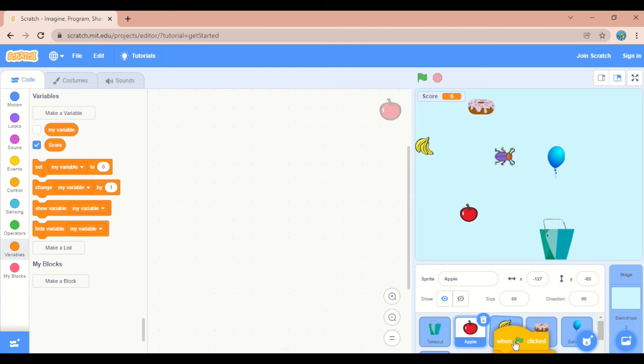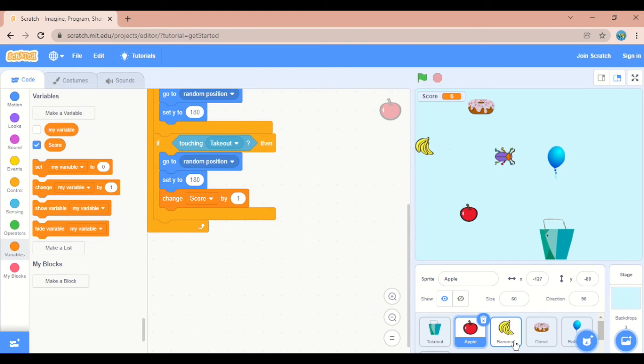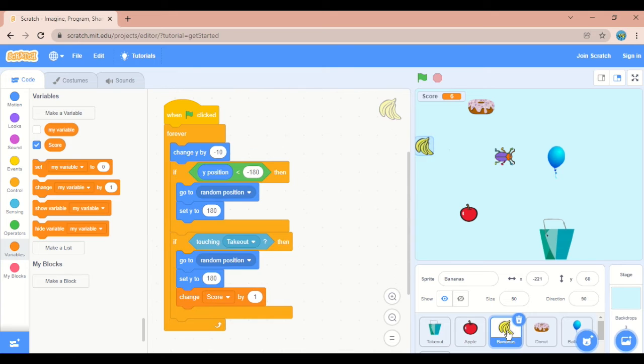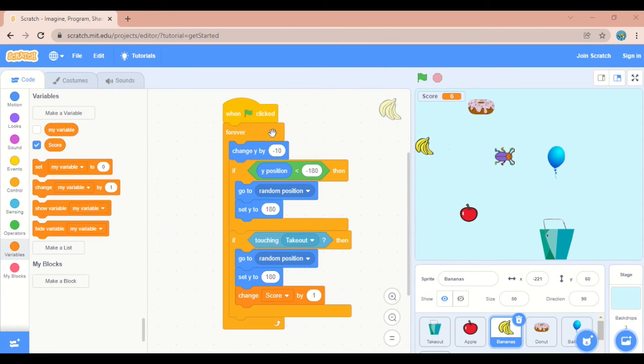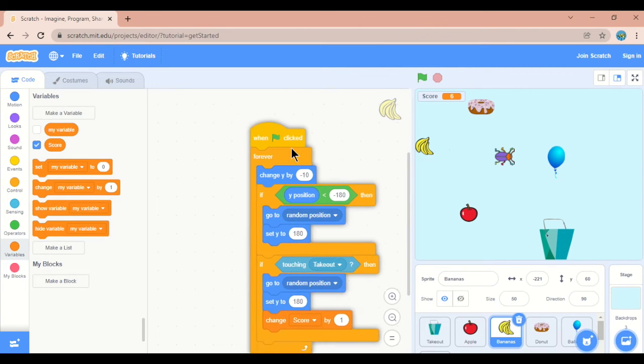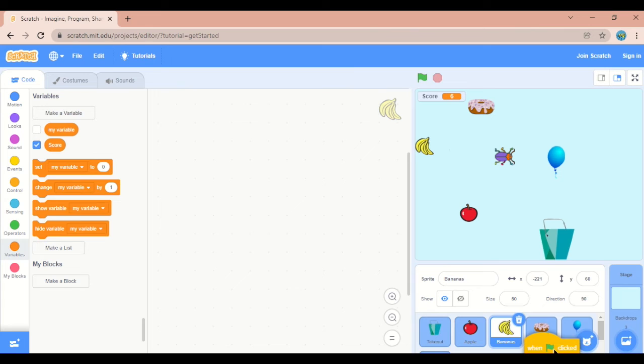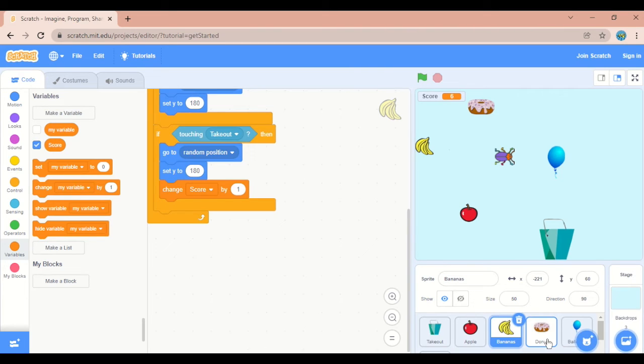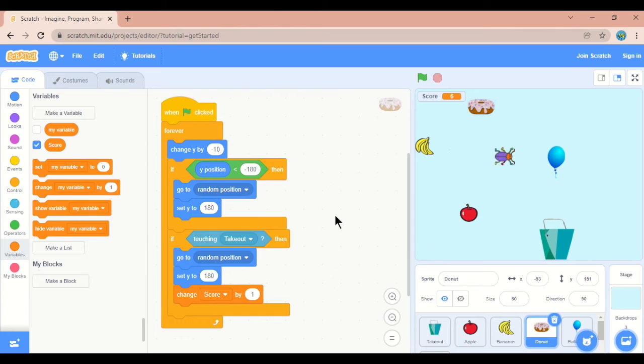When it shakes, you leave it. Then click on this banana, you can see it here. Now if you want to copy the same into donut, drag, and when the donut starts to shake, leave it. Then click on donut, you can find it over here also.